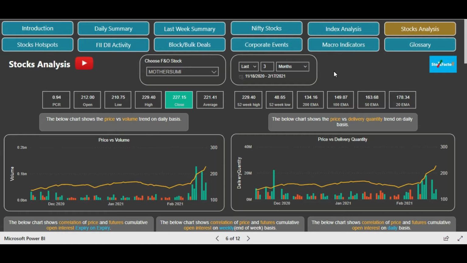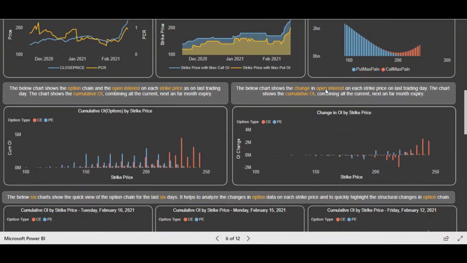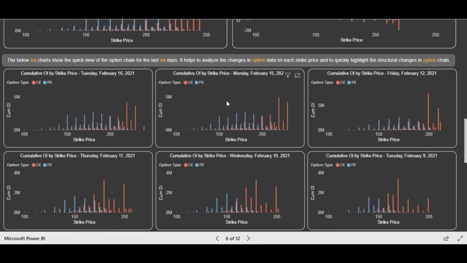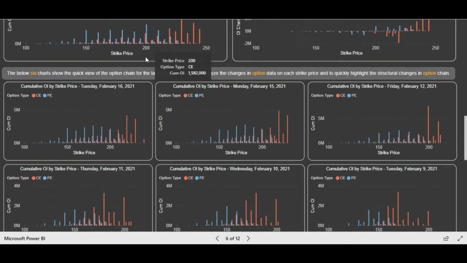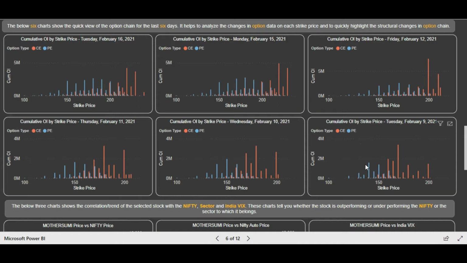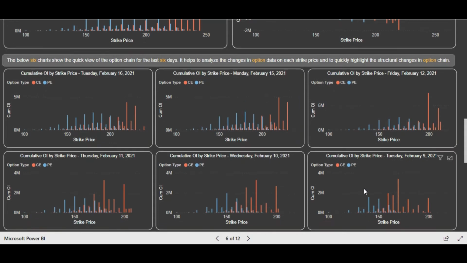So let's start with the middle of the page. You can see we have shown the graphs for option chain, and at every strike price we can see the cumulative open interest, right? In the part 1 video, I mentioned that we have recently added the past 6 days graphs also, in order to provide you a very quick and easy view for a better user experience, so that you can see the OI which is changing in the past 1 week. One week is a good view to give you a picture of how the OI is getting developed at different strike prices in the option chain. So you can see in one view itself what is happening.